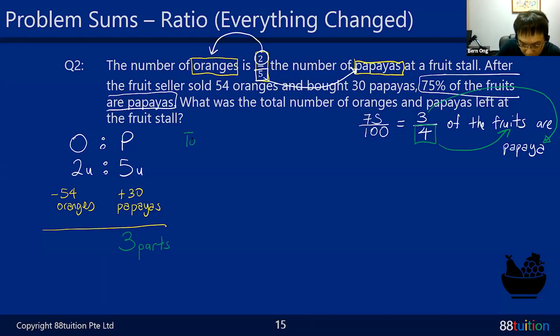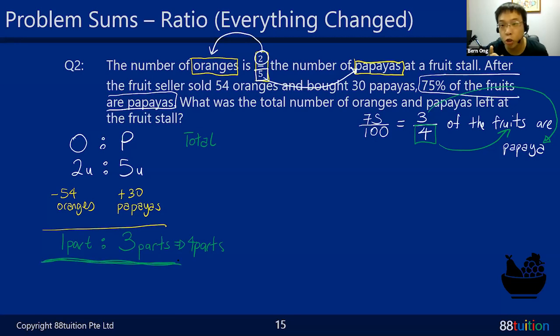So if you want, you can open a total column lah. Total column down here must give you 4 parts. If the total is 4 parts and 3 parts are papaya, oranges, 1 part. Answer is 1:3, Kevin. Very good. So down here is 1 part. So you have to see the clue. Be careful of the English down here. Your teacher wants to trick you, but you are alert enough not to fall into the trap.